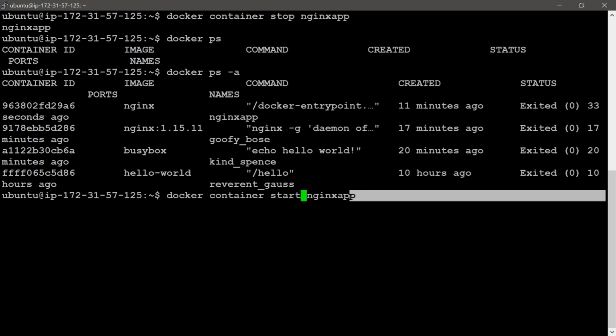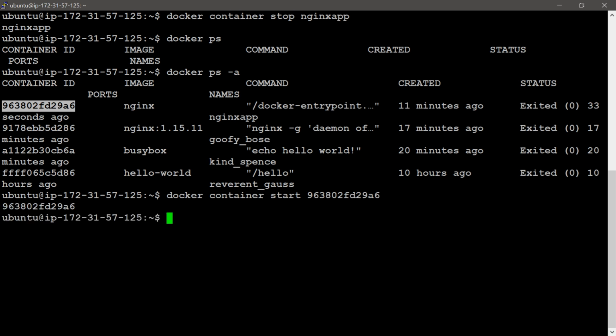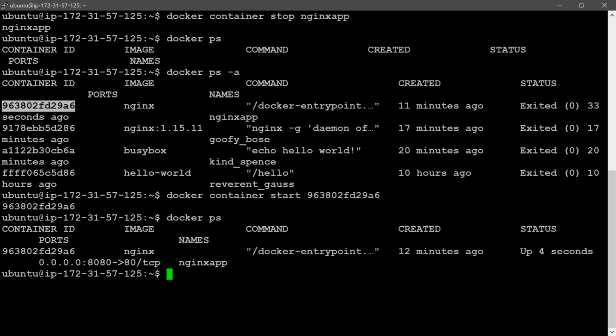I will remove this, then I will use the container id. It is starting. You can check with the docker ps command. Up 4 seconds, created 12 minutes ago. Same display again.